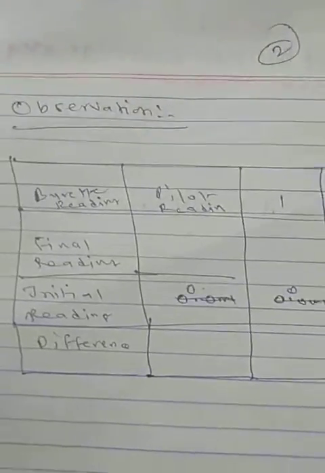Now come to the blank side. This is one. Come to this side, the blank side, otherwise come to the second page. You write observation, meaning you have to make a good observation table. Same procedure as you are doing: burette reading. Here you write final reading, initial reading, then the difference. Burette reading 0 ml initial, then first, second and third. Every time your initial is 0.